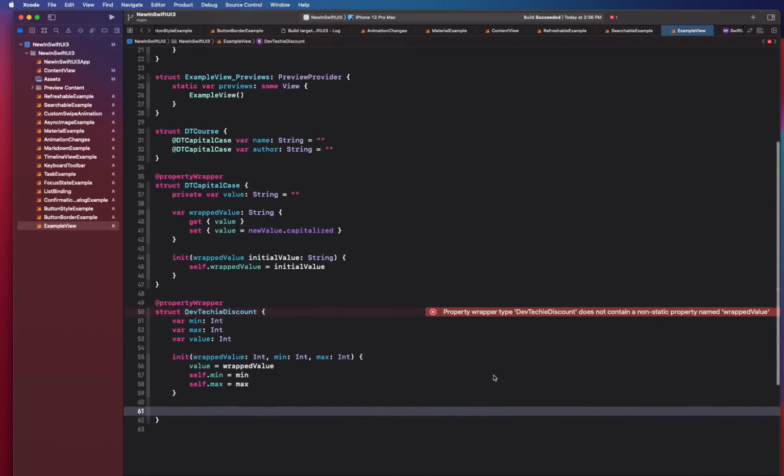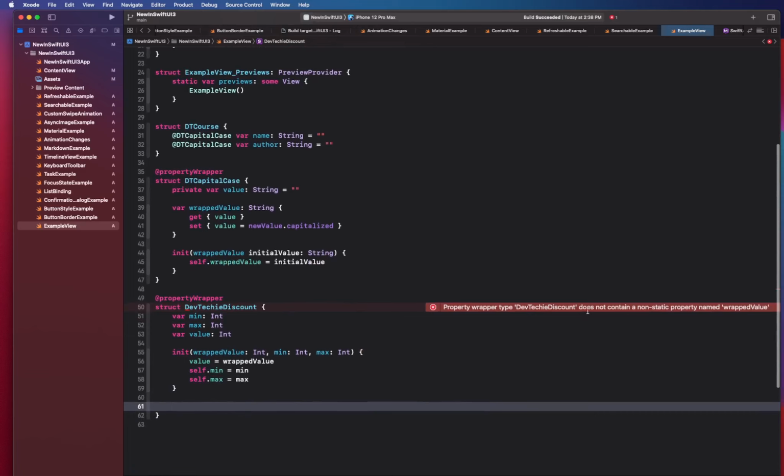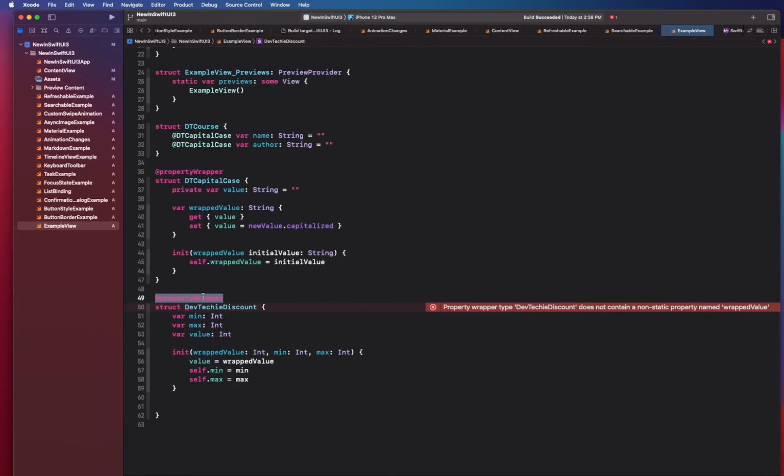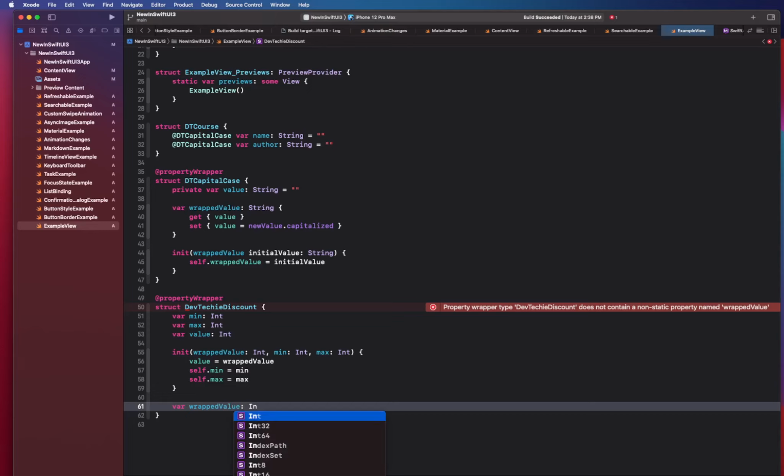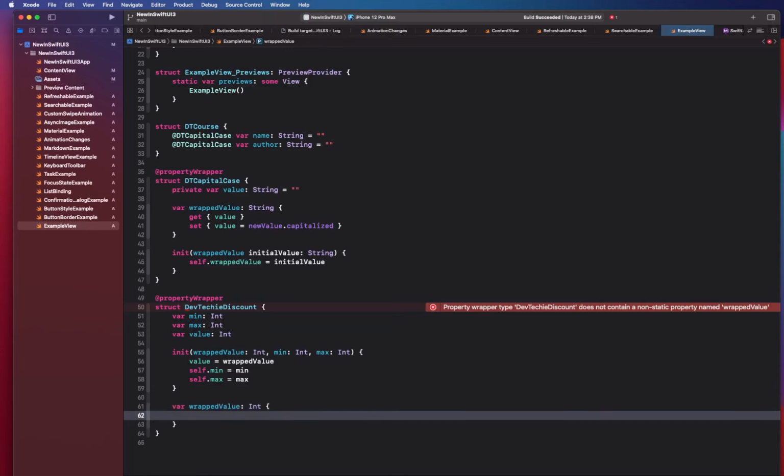Now the compiler is complaining that it does not contain a non-static property called wrapped value, which is the requirement of a property wrapper. So let's go ahead and create wrapped value. This is going to be of type integer, and the getter is simply going to return the value,